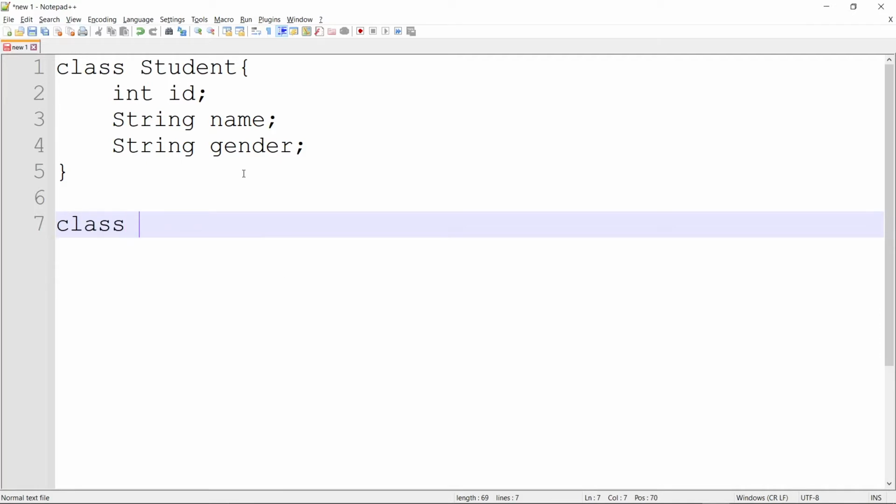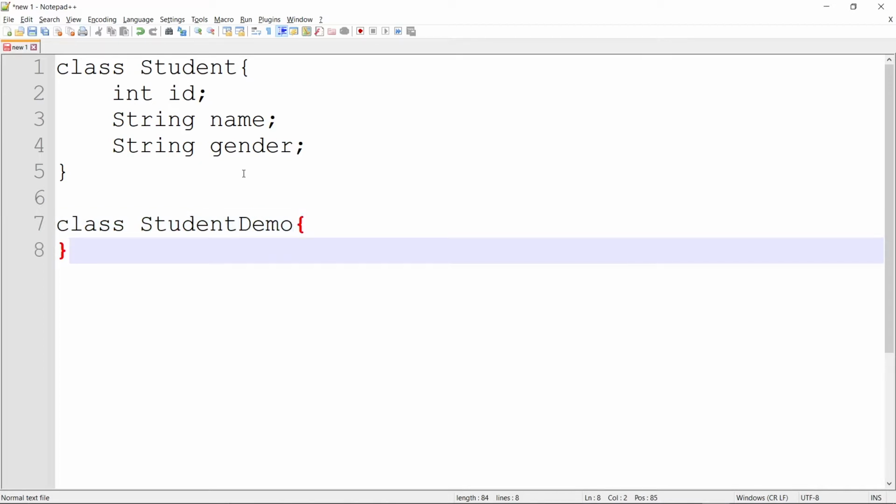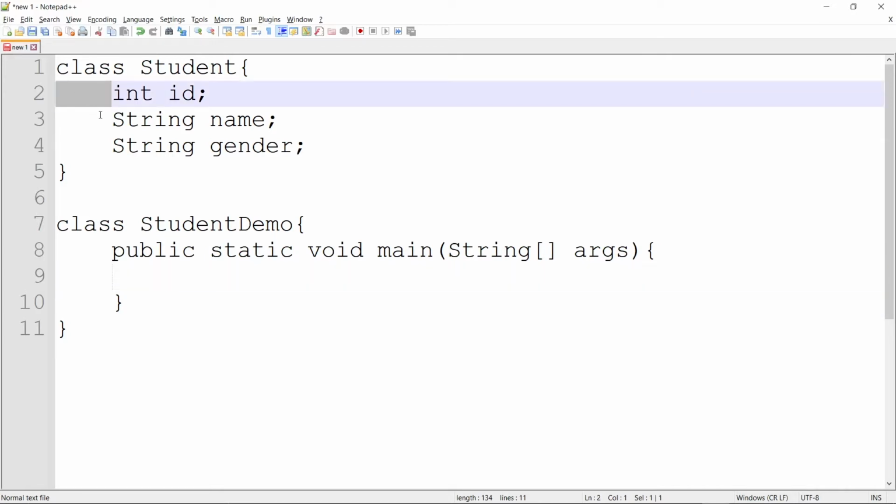So create a class, and this I'll name it as student demo. We'll use this class to start the application, that is the Java program. Inside this we'll be having our main method. So you remember the syntax of main method, that is how it is written. It's written public static void main. Inside the parenthesis there will be an argument of string array which is generally named as args, and then the block of the main method starts. And you might be thinking why I'm giving these spaces in between, right?